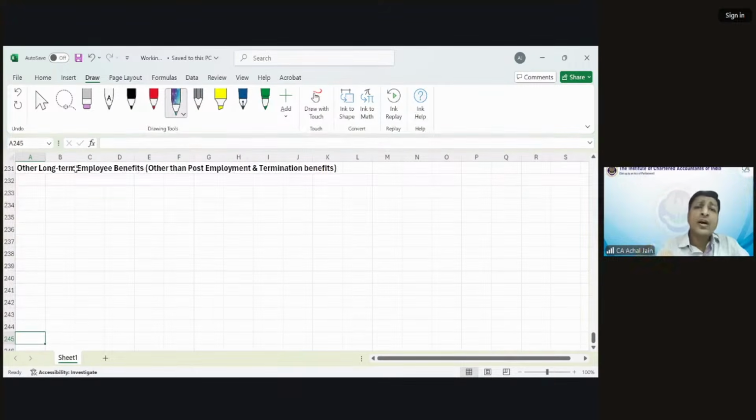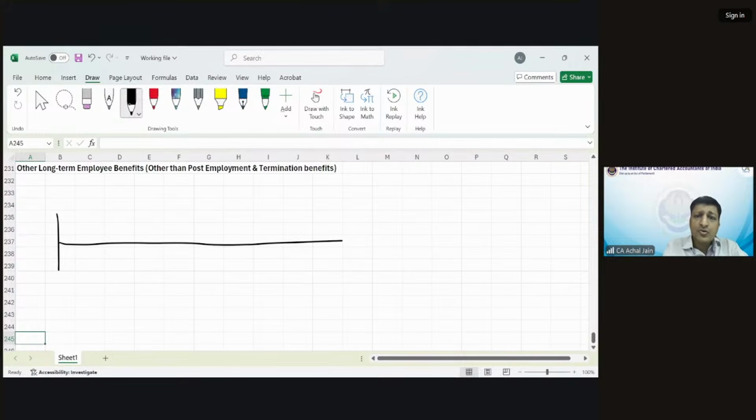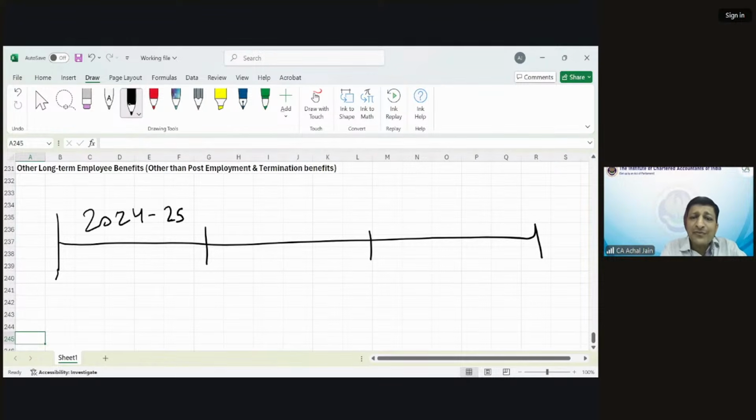If you go back to our discussion on short-term employee benefits. So what did we discuss for short-term employee benefits? Let's suppose our reporting year is 24-25. So any benefit which becomes payable within 12 months from the balance sheet date,